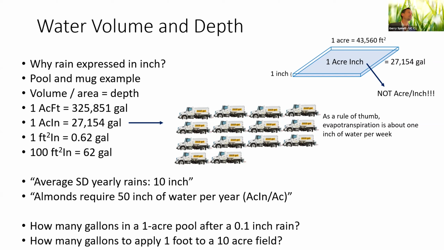and my mug had 1 inch of water, and my neighbor's pool also had 1 inch of water. Of course, in the pool there was a lot more volume than in my mug, but both of them had 1 inch. So that's what they mean when we say we get 1 inch of rain. The volume will be a lot larger, but the depth will be the same.